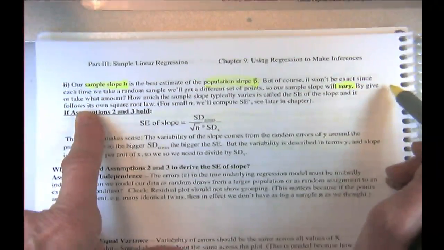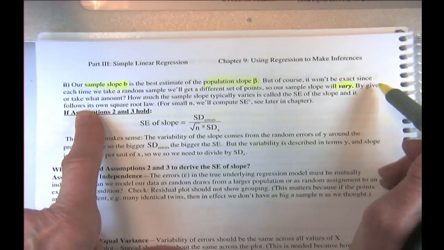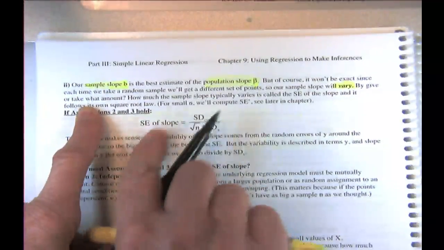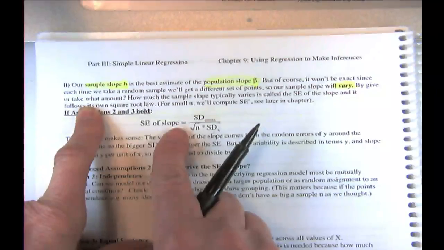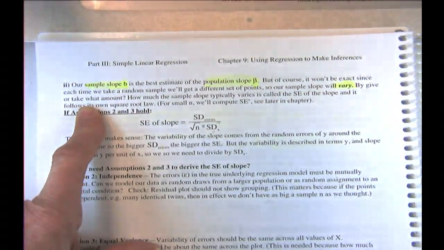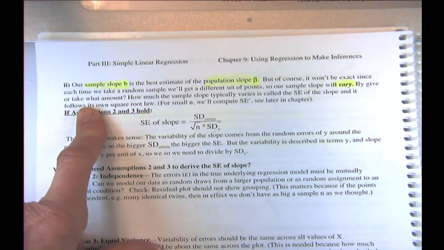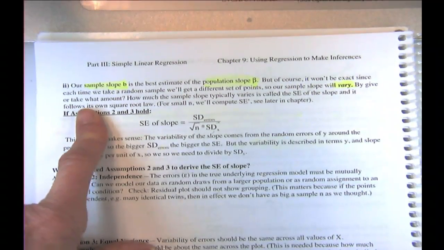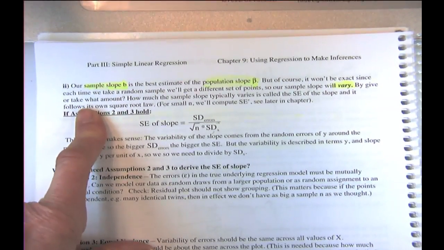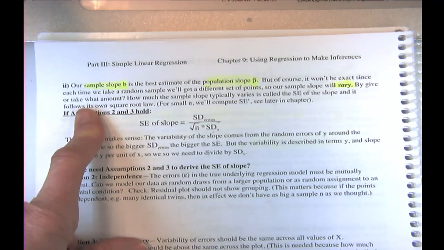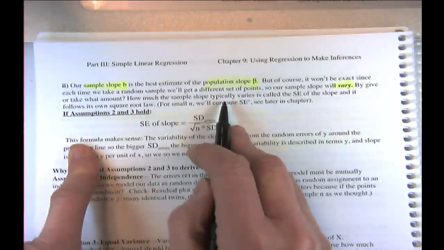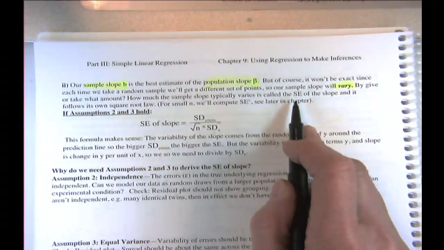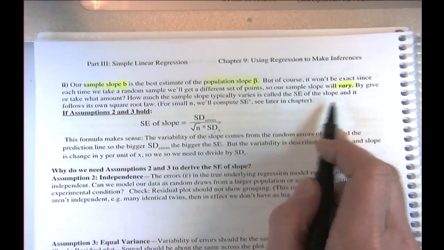By give or take what amount? That's called the standard error of the slope. Think of it as the sampling error of the slope. There's a true population slope, we just don't know it, and our sample is what's varying. We have error in our sample, and we want to quantify that error. So how much the sample slope typically varies is called the standard error of the slope,